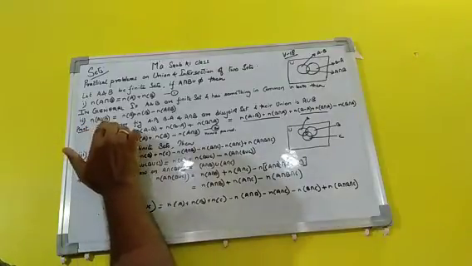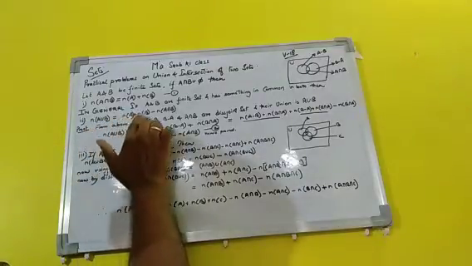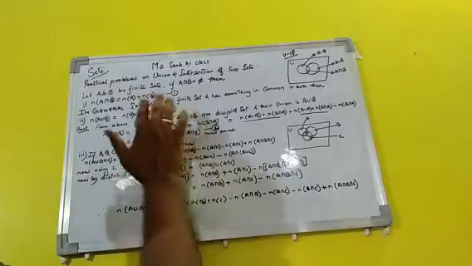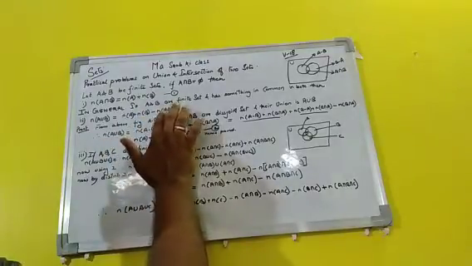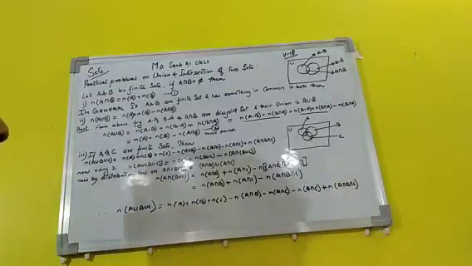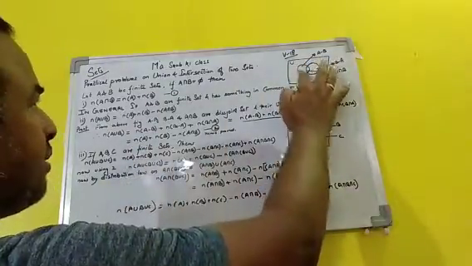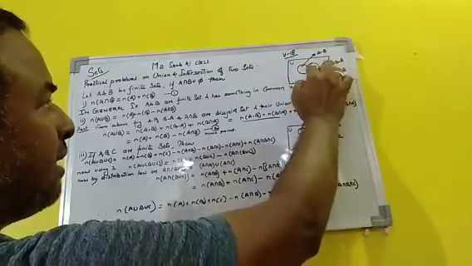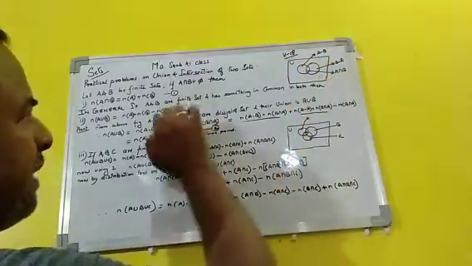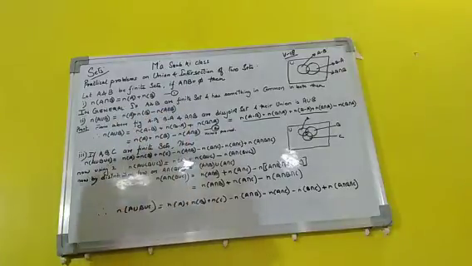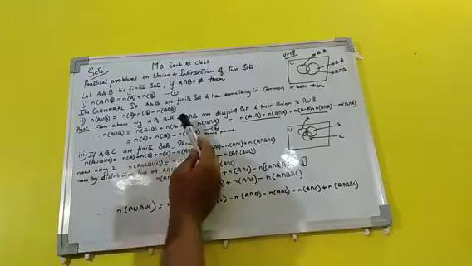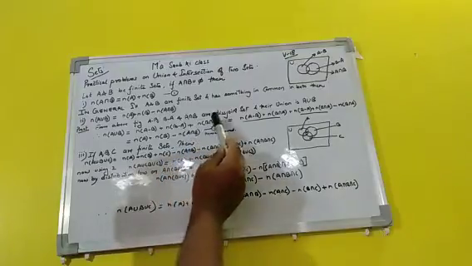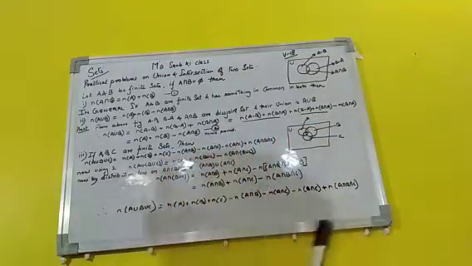n(A union B) will be defined as n(A) plus n(B) minus the common part, which is n(A intersection B). We can understand this from the Venn diagram. If this is A union B, then n(A) plus n(B), and then n(A intersection B) will be subtracted from that. So that will give you A union B. From the above figure, A minus B, B minus A, and A intersection B are disjoint sets, and their union is A union B. It is pretty obvious.